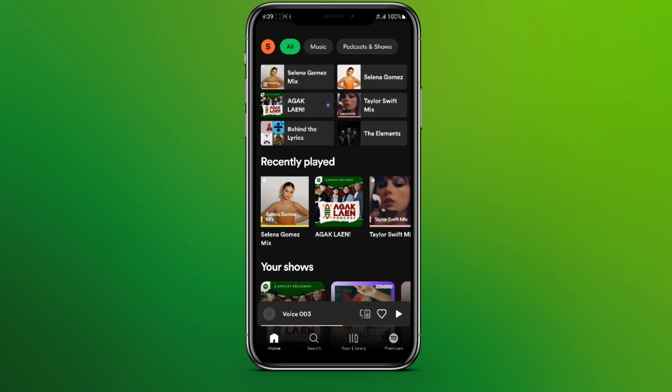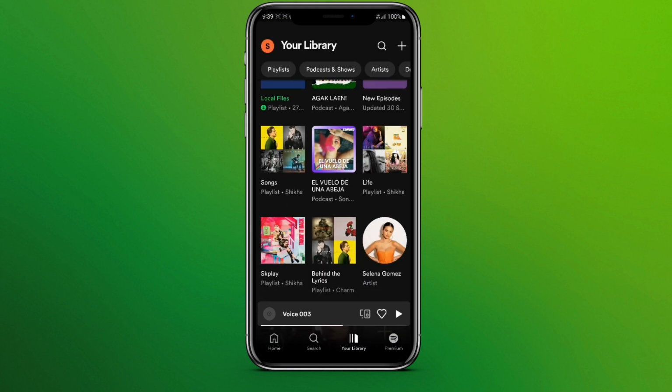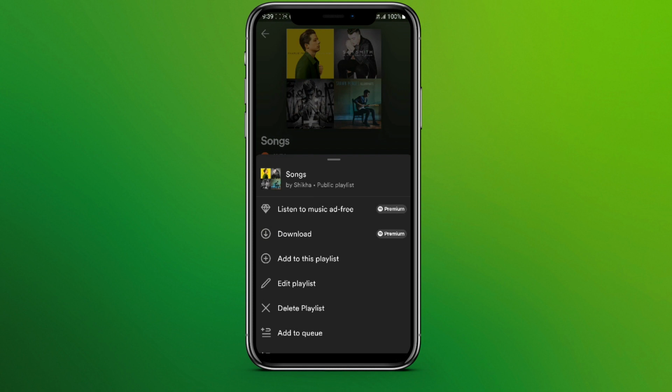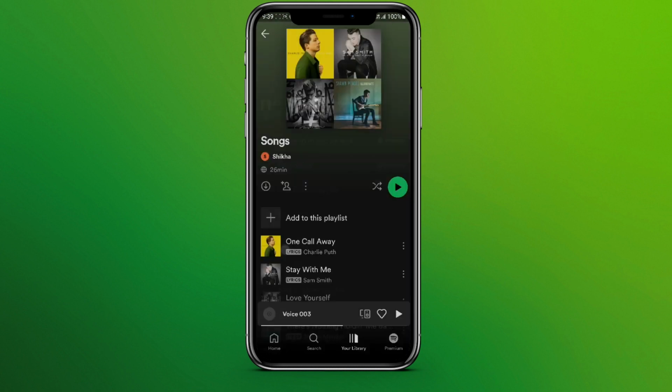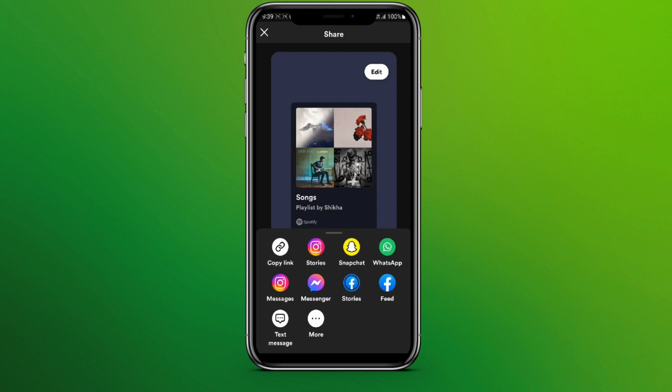Now we need to click on your library. Here we can see our playlist. Select any one of them and we need to click on these three dots over here. So let's tap on this and scroll down to share, and scroll this up and we can see, click on